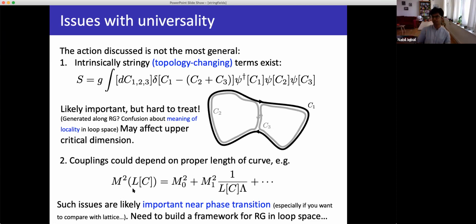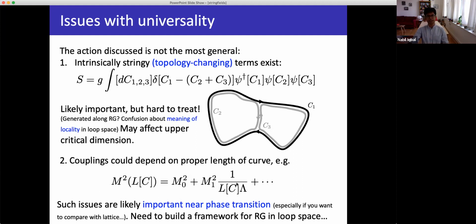And in normal field theory, they are constant by translational invariance. But it turns out that here, they can actually depend on the length of the curve, okay? Because the length of the curve is a local functional of the curve, which is invariant under every symmetry. And we could not find a symmetry principle that would rule out things like this. Like, for example, the mass is not just a constant. It's like a term like 1 over L times L squared, blah, blah, blah, and so on.